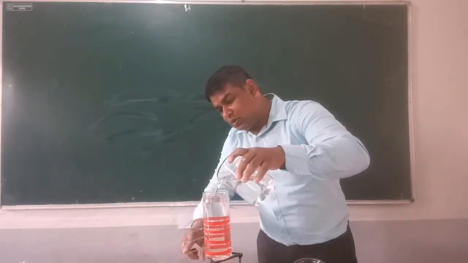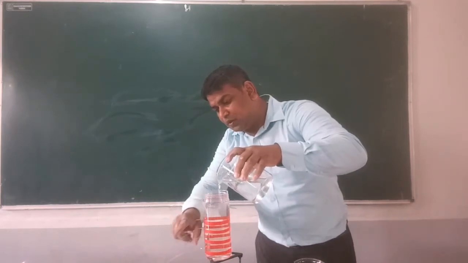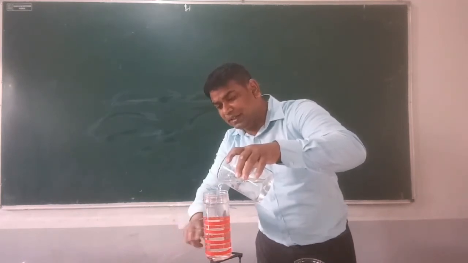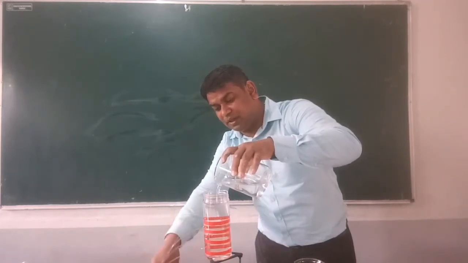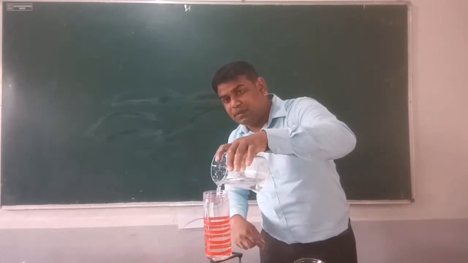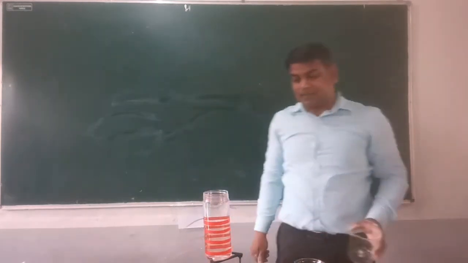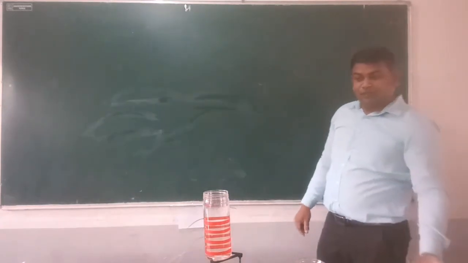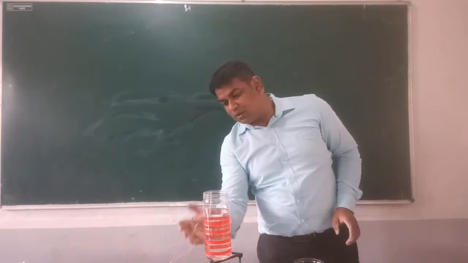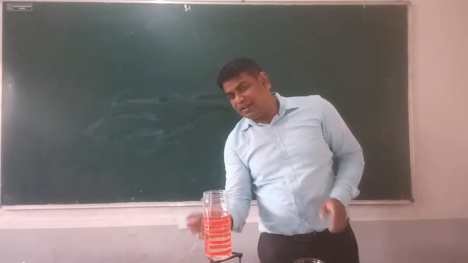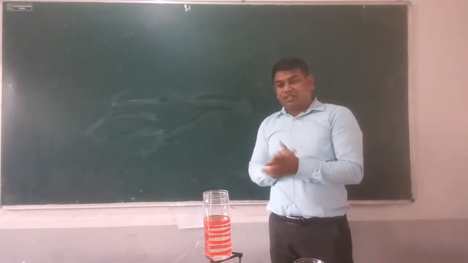You can see water shoots out a far distance from the bottommost one, but from the topmost one it goes a shorter distance, and from this it goes more distance. That means there is more pressure at the bottom level. So this is the experiment. Fluid pressure acts like this. And when the pressure is reducing, you can see this one comes closer, the second one. Nicely you can notice and observe, take the observation here.